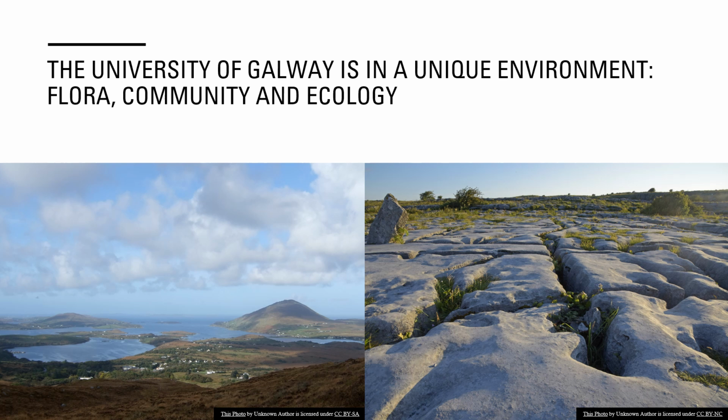So on the left hand side of the image here you see the Connemara, which is well known for its peat bogs, and acidic habitats. And on the right hand side you can see the karst environment of the Burren. And in the Burren there are plant communities here that occur nowhere else in the world. We have mixtures of plants that occur only in Arctic alpine situations at very high altitude in some places, and they are mixed with plants that only occur otherwise within Portugal. So we have this real mix of communities, and we have a very unique environment there on our doorstep.